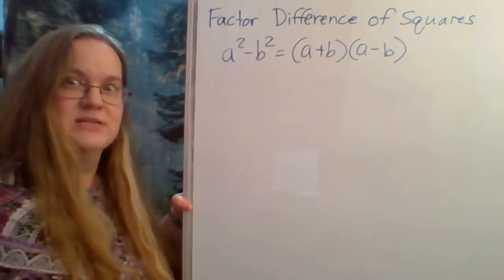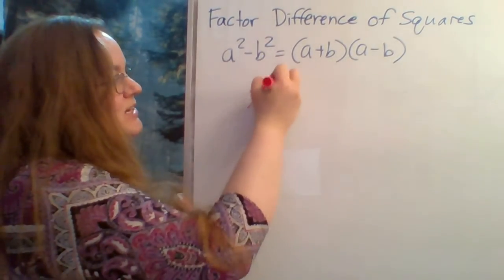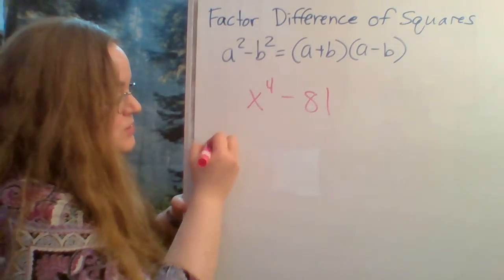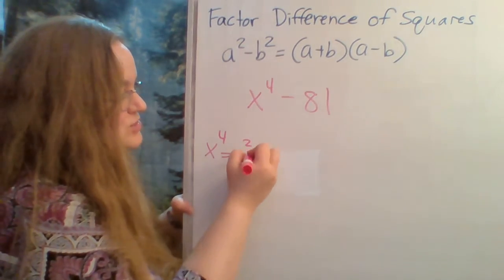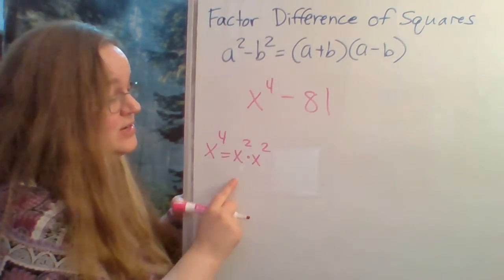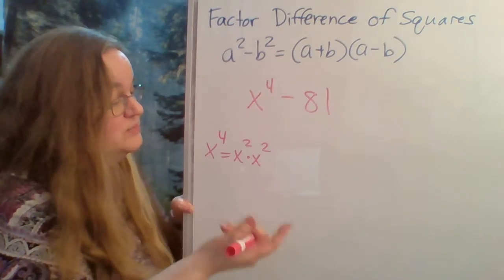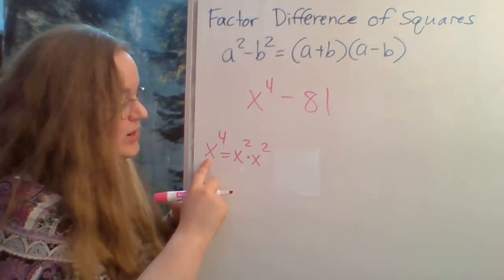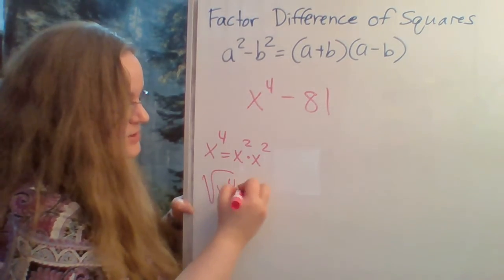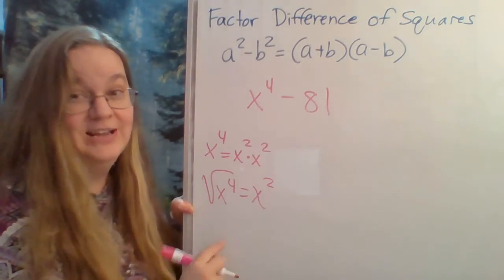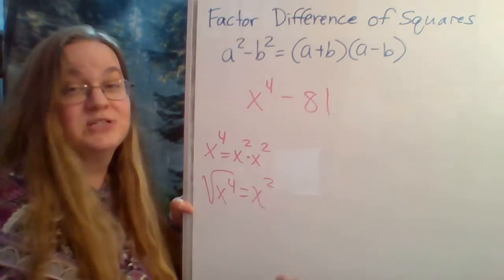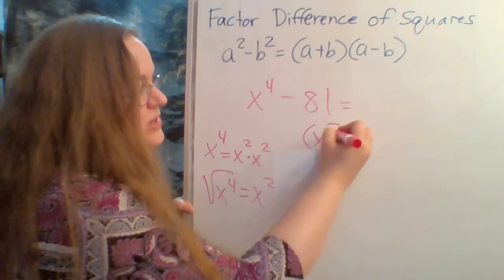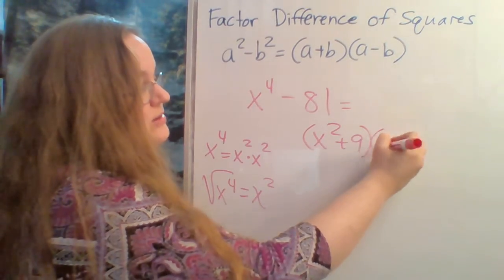Let's say I have something that's a little bit more complicated, like x to the fourth minus 81. Now, x to the fourth is equal to x squared times x squared. So it is actually a perfect square, because if we use the product rule, 2 plus 2 is 4. So the square root of x to the fourth is actually x squared. And 81 is a perfect square because that's 9 times 9. So I start by doing x squared plus 9 and x squared minus 9,